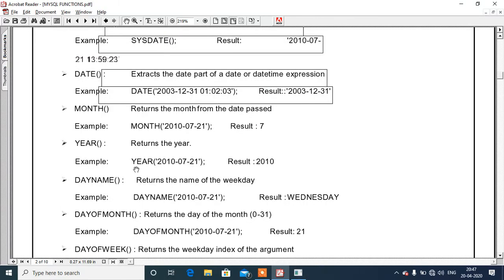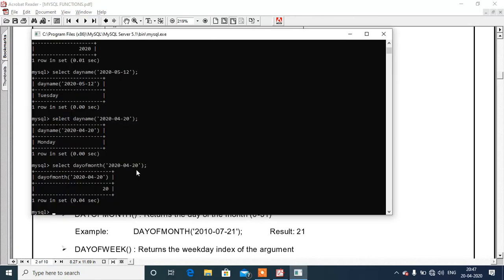Then next we have dayofweek. If we write dayofweek in place of it, we'll get 2. It starts from Sunday and then Monday. Today is Monday, so it will return 2.